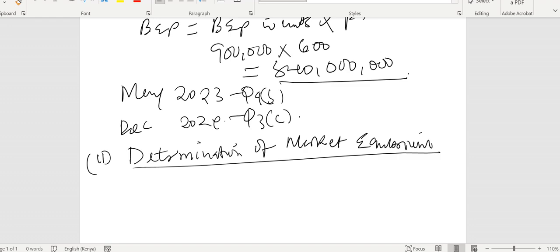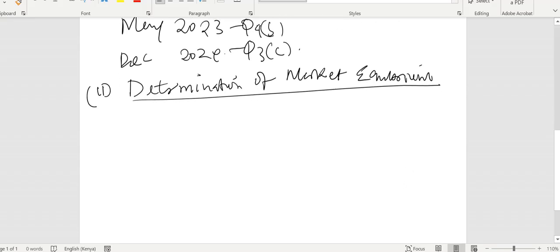So market equilibrium. How do we ascertain equilibrium? A point at which